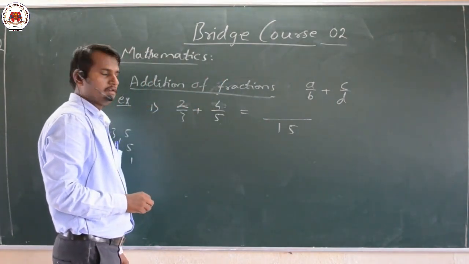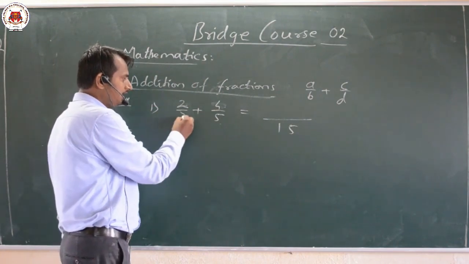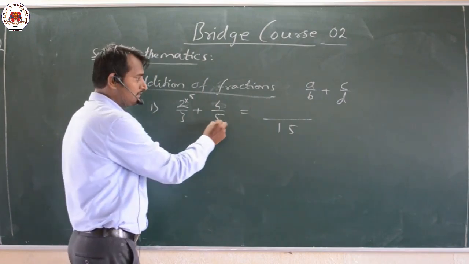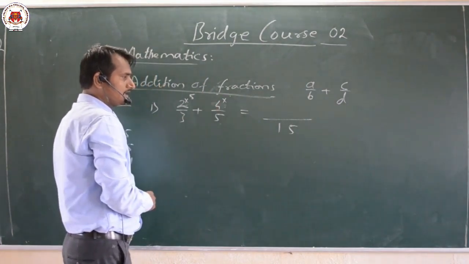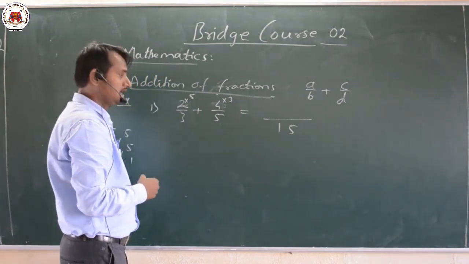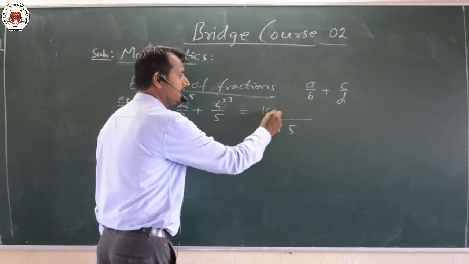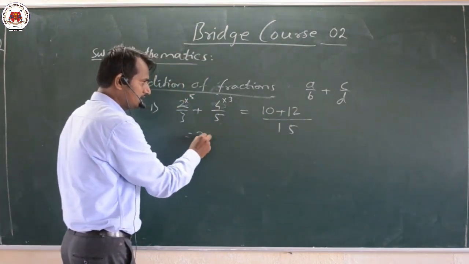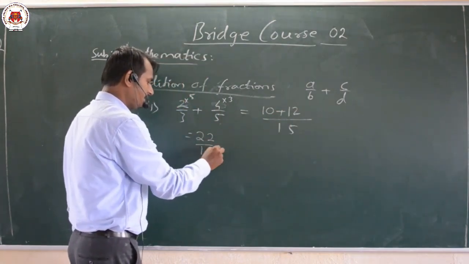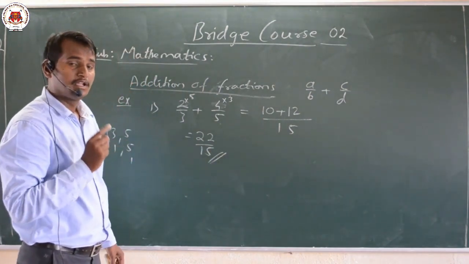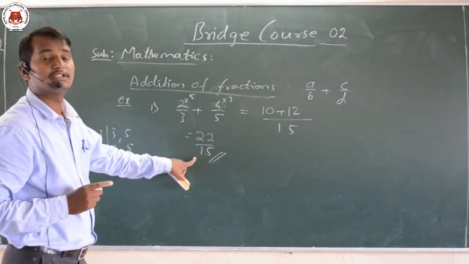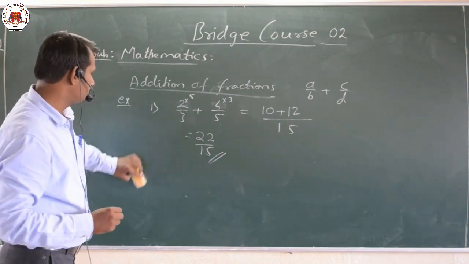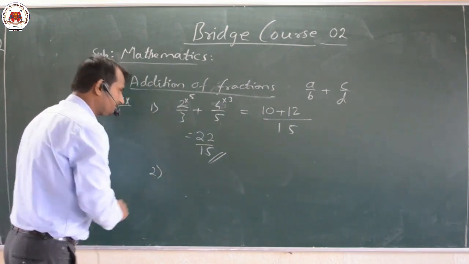Now what do we have? LCM is 15, which means 3 into what equals 15? 3 into 5, the value is 15. Then 5 into what value is equal to 15? 5 3s are 15. Now 2 into 5, the value will be 10, plus 4 3s are 12. So what value do we get? That is nothing but 22 divided by 15. That is your required result. Now which type of fraction is it? It is nothing but an improper fraction. Okay, dear friends, now let us move on with one more example, the second one.